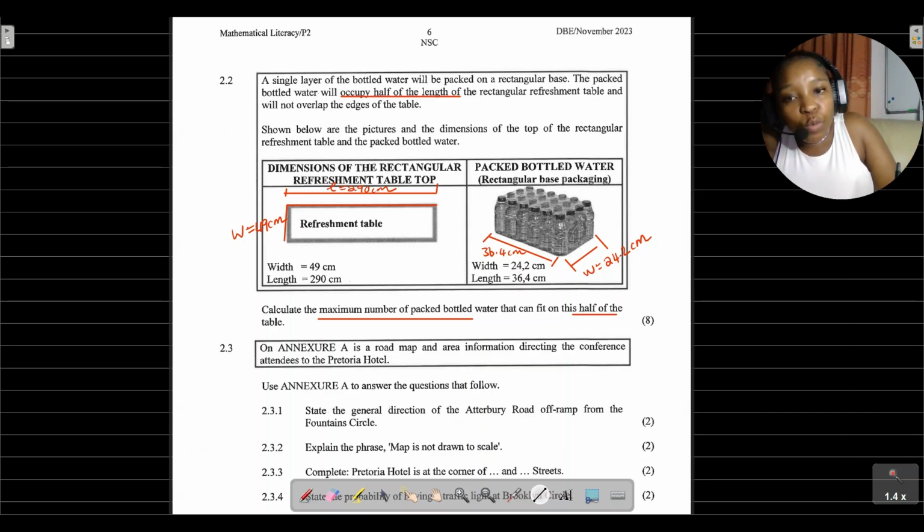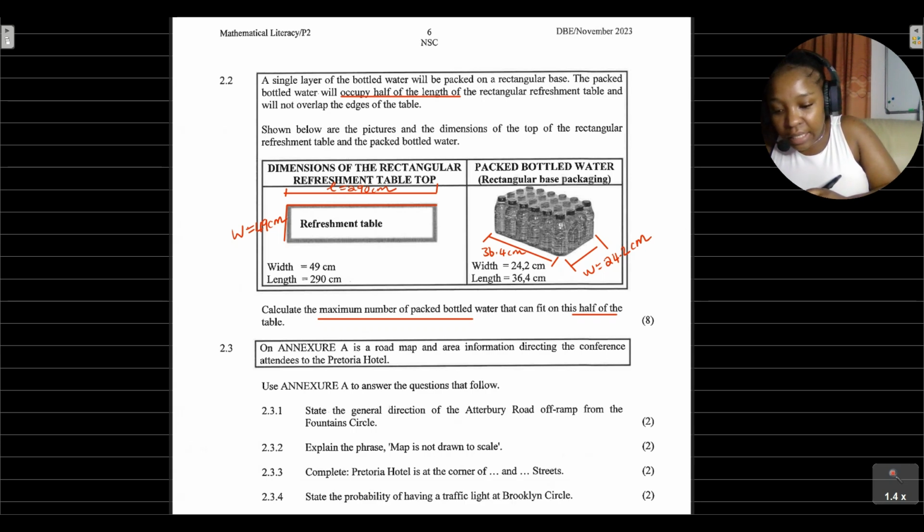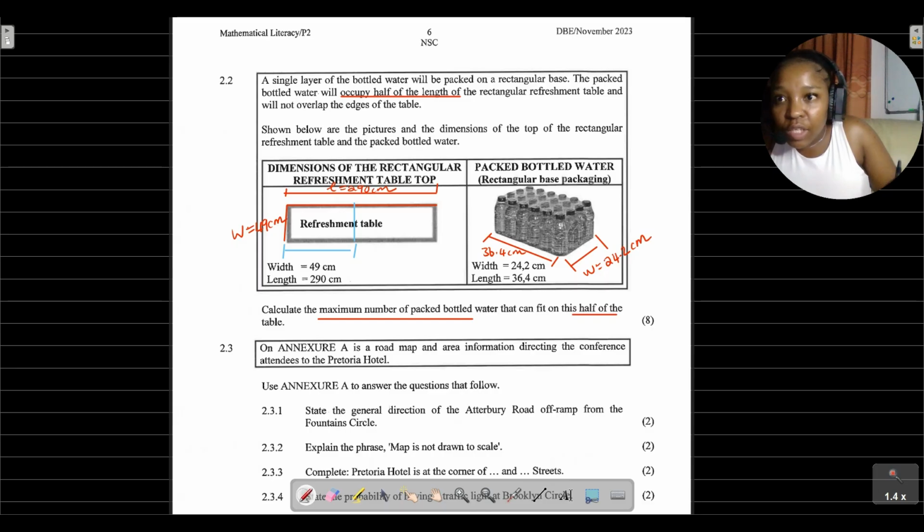It basically means that we need to half this length of 290 centimeters. When we half the length of 290 centimeters, how much are we getting? We're getting 145. So it means that we are just going to pack the bottles from there to there. So the length that these bottles are actually going to occupy is a length of 145 centimeters and a width